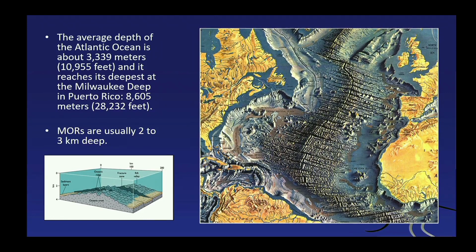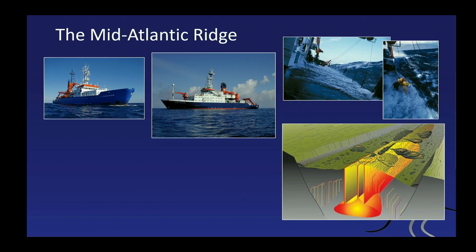And here in the lower left, you see that there's this elevated ridge system that sits in the middle of the Atlantic Ocean, and this is where most of the spreading happens, and this is also where most of the volcanism happens. So, now, this is of course something we're researching for many years, and just this morning I went